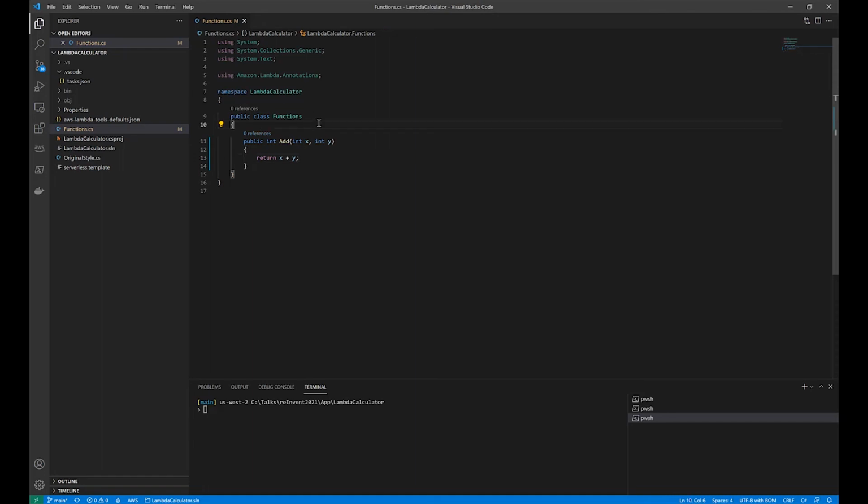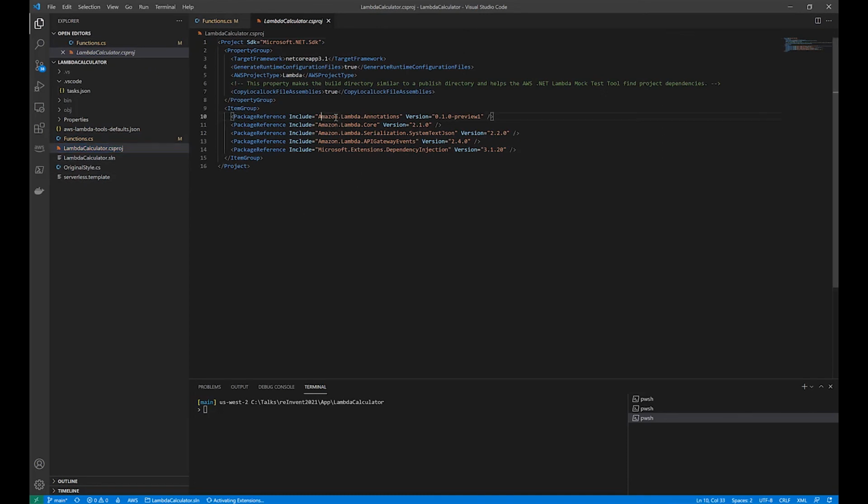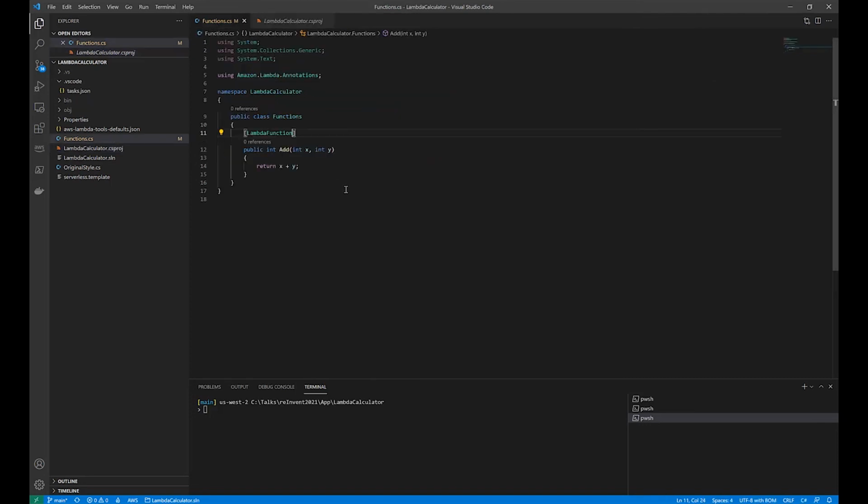We can now do that with our new library if we add an attribute called LambdaFunction. That identifies this function as a Lambda function. Our application has a reference to this new package called Lambda Annotations, which includes our source generator, which is going to take care of turning this function into an actual real Lambda function.